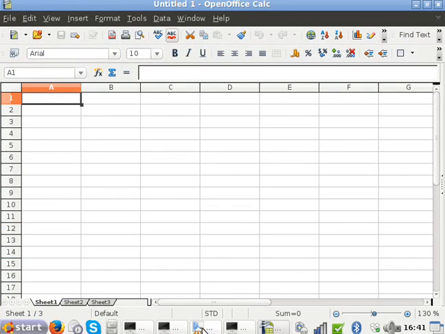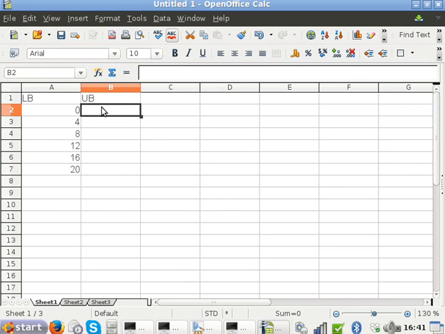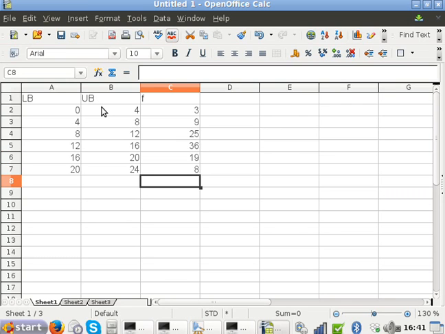Right. Lower bound, upper bound. So what's the lower bound? 0, 4, 8, 12, 16 and 20. And the upper bound? 4, 8, 12, 16, 20 and 24. And let me put in the frequencies here: 3, 9, 25, 36, 19, 8. Now in fact in the exam they kind of expect to see evidence of your work,